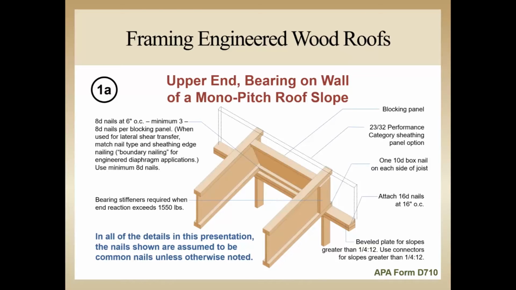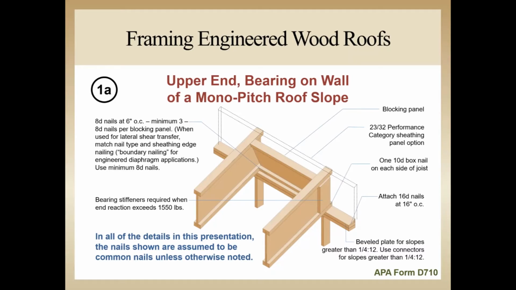The bottom rafter flange is attached to the beveled plate on each side of the web with a minimum of one 10-penny box nail. This is the same recommendation as when attaching I-joist floor joists at the bearing. Rim board or I-joist blocking panels are placed between the ends of the rafters to provide lateral stability. Continuous 23/32 performance category sheathing panels can also be used across the ends of the rafters for lateral support